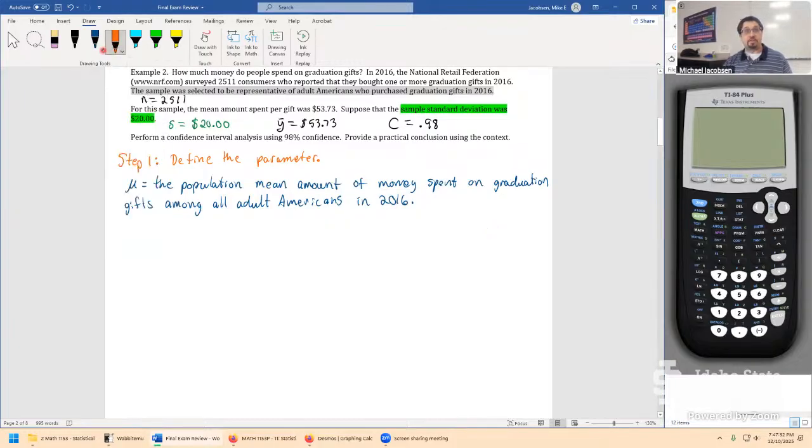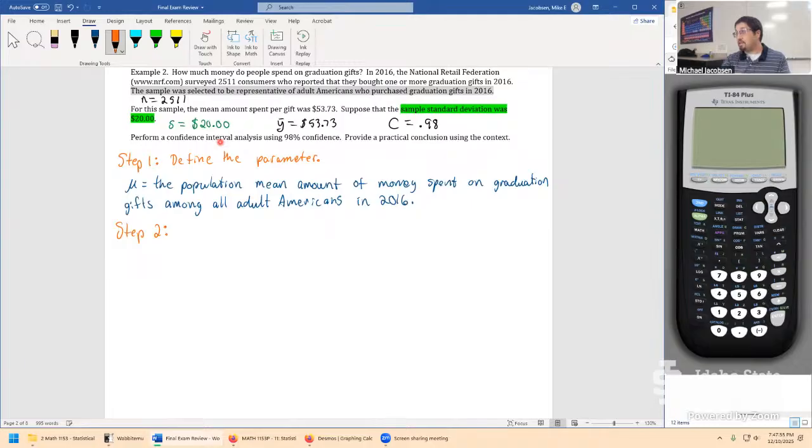Well, any questions at all, folks, getting the parameter down? Okay, notice the analysis we're doing. If it's a confidence interval, we do not define hypotheses. There's no null or alternative hypothesis here. It's purely an estimation problem this time. So now we go on to